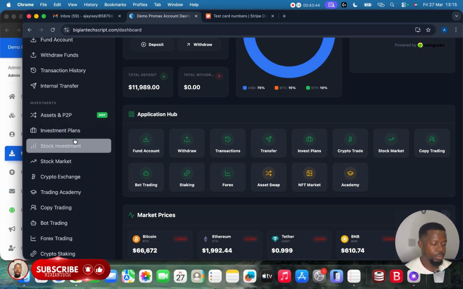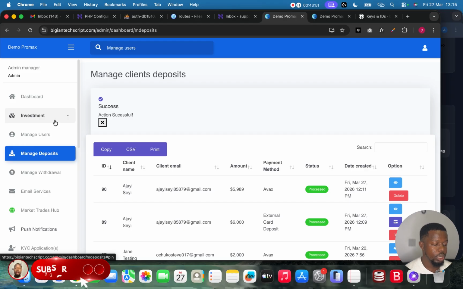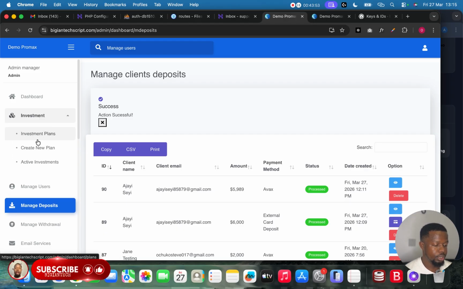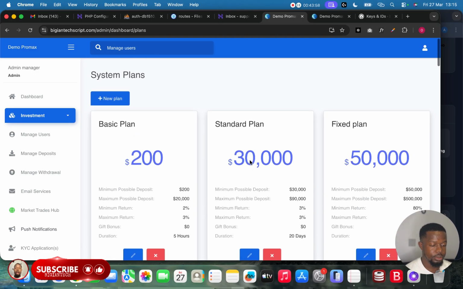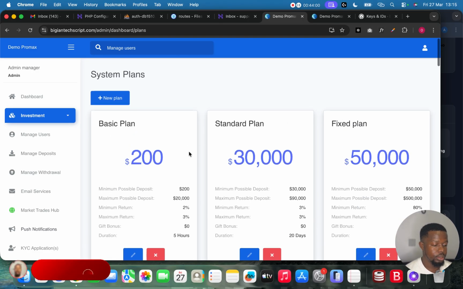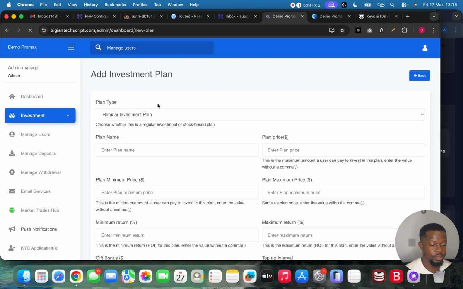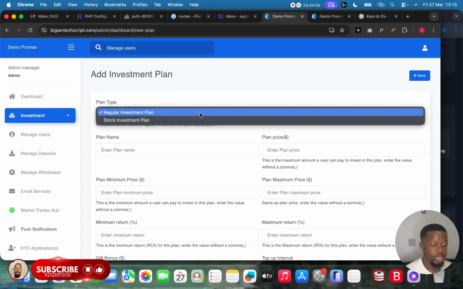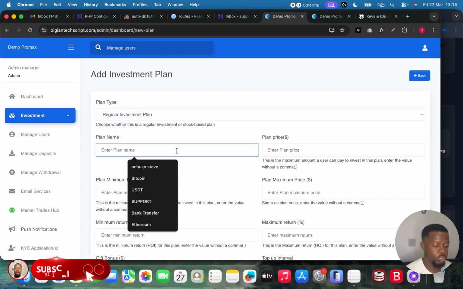So guys, for the investment plan section, go back to admin and let's add an investment plan. I want you guys to understand better. Once you go to the admin section, come to investment. Now we have investment plans already, and you just have to click on add new, or you go to create plan. So click on add new plan. I want to explain this plan for you guys. We have the stock investment and the regular investment plan. So for example purpose, the regular investment plan, let me just put this as